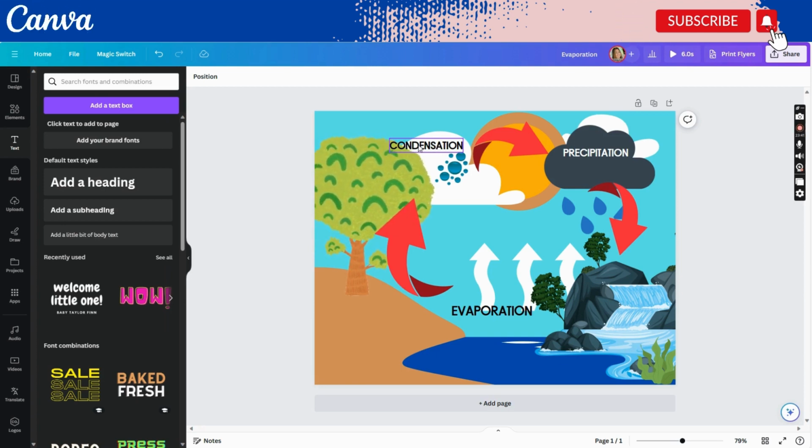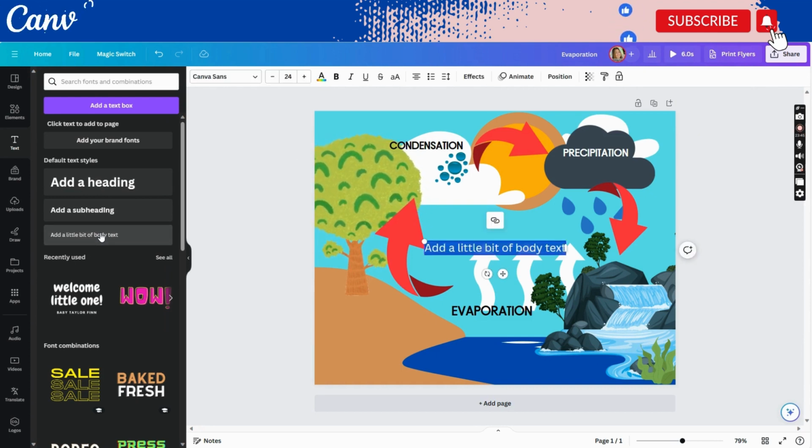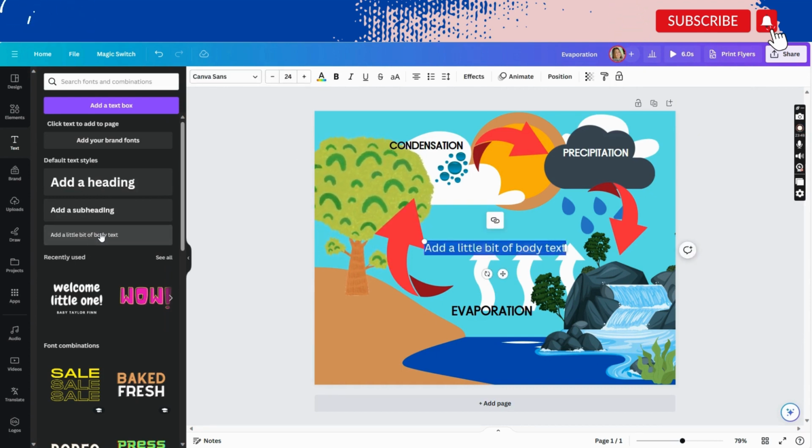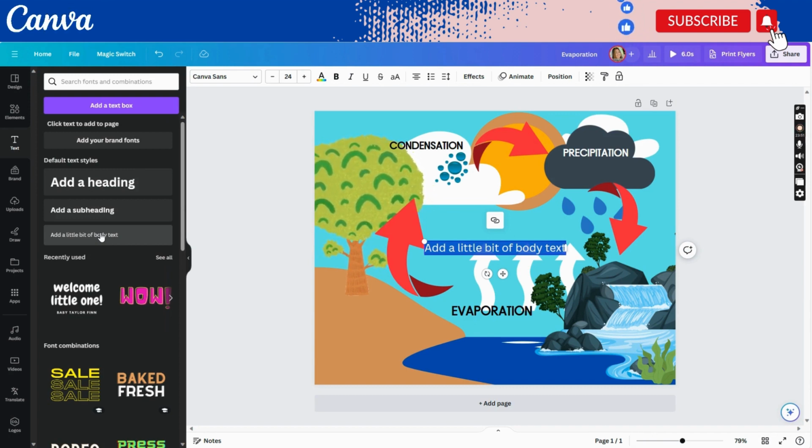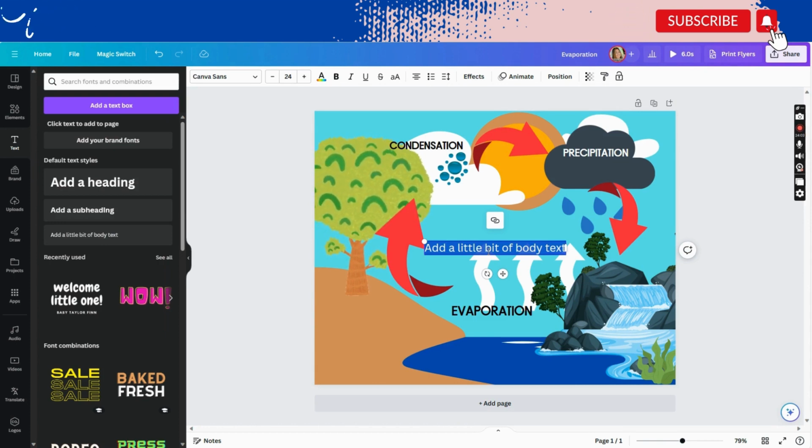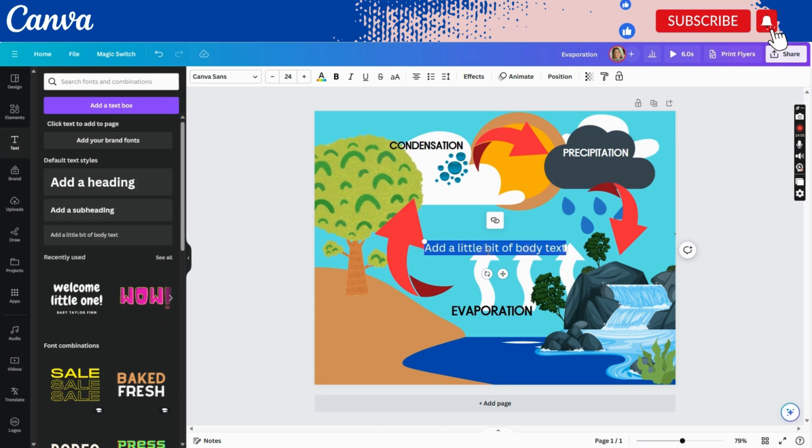So normally, when you have a heading, what do you have right after? Your body. So you're going to add a little bit of body. And in here, you're going to type condensation, right? So let's say I want to do evaporation first, right? So in here, you can look up the definition of evaporation, whatever it is that you want to write about it. In this case, I'm going to write